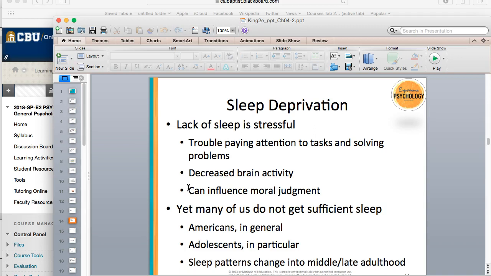Yet many of us do not get sufficient sleep. Americans in general, for sure. We're on this time frame as to everyone's in a rush to get to work, everyone's in a rush to do this. It's like we never give ourselves enough time to sleep. And it's also interesting too, if you're ever interested in going to have a sleep study to see what your circadian rhythms are, what your levels of consciousness are, and what your optimal level of hours of sleep is. It's very interesting to go and find that out, so you can know what type of sleep that you need to be getting throughout the week to maintain your energy, to maintain overall good mood,